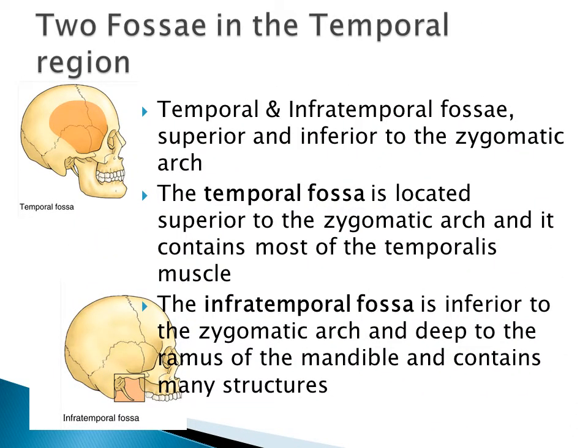Now we can start to have a look at our two fossae, which are in the temporal region. Again, the name kind of tells you where they're located. The temporal fossa is right here, and it's located above, so superior to the zygomatic arch, and it'll contain most of the temporalis muscle, and inferior to the zygomatic arch, and also deep to the ramus of the mandible, removed down here, you would actually find the infratemporal fossa, and that contains many structures. Among the structures within,